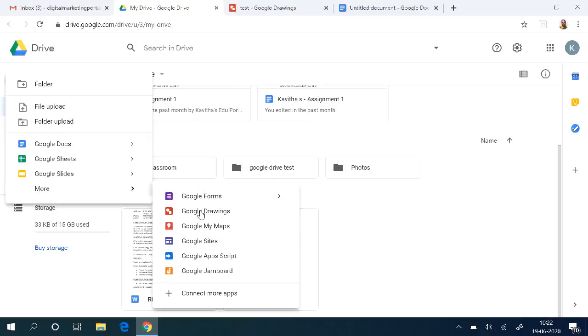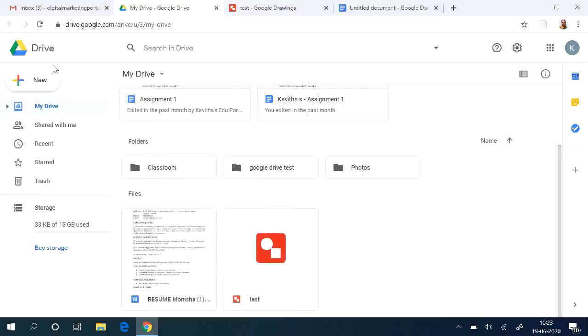Then one more important thing is your Google Sites. Google Sites are similar to how we have our own website. Google is allowing you to create your own site. You can create your Google site with your personal profile details, education details, research details, publication details, teaching content, everything together. You can publish it either to everybody, the common public, or to selected people. That option is available. Maybe Google Sites, how to create and share, we will see in a separate video.